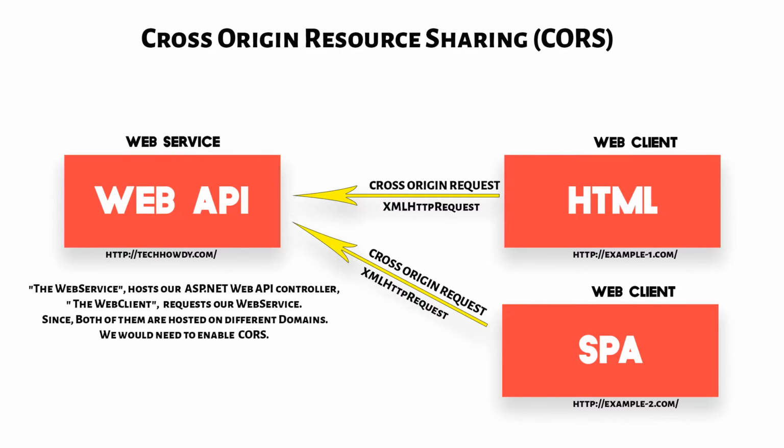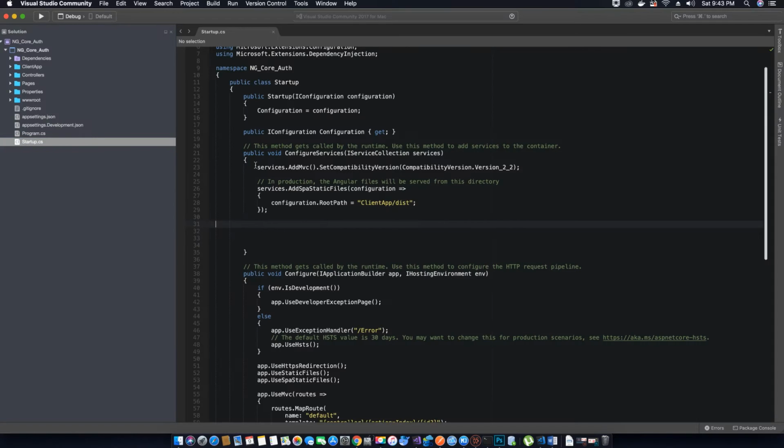So to enable CORS, the first thing that you want to do is go ahead and open your startup class. By default, you can't send AJAX requests over HTTP to servers on a different origin due to the browser security mechanism, as we discussed. So to enable CORS in our .NET Core Web API, we need to implement a middleware. So let's go ahead and create a service to implement that middleware. Let me just comment saying enable CORS,